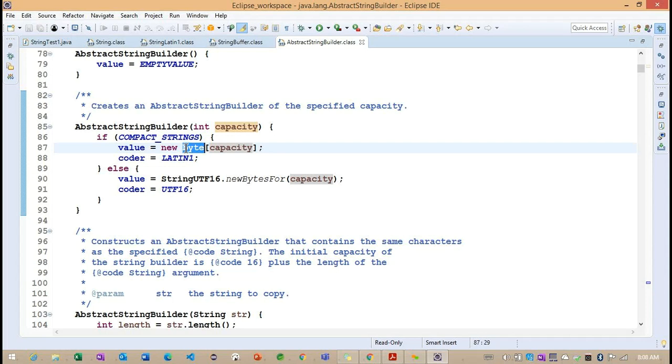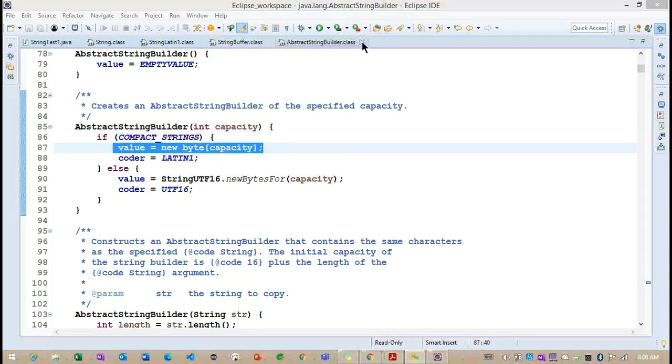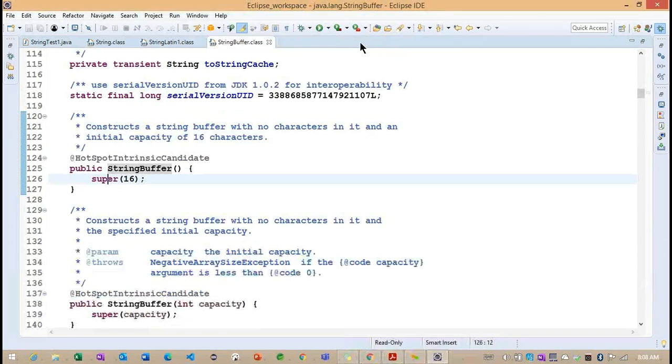Getting the point? Before inserting the data into this StringBuffer class, we are creating a byte array and providing the information regarding this byte array. We'll see within a simple example how this capacity and everything is going to work.